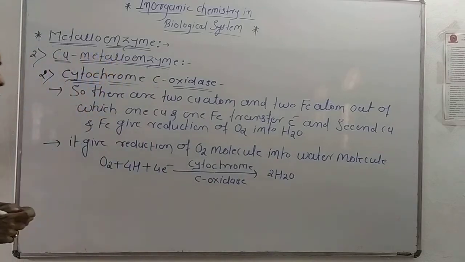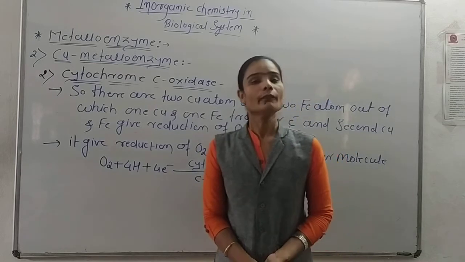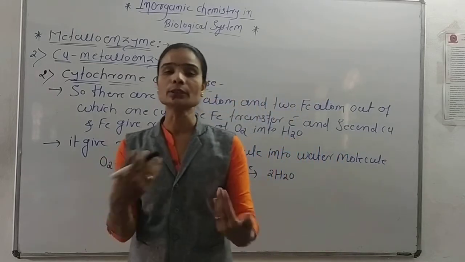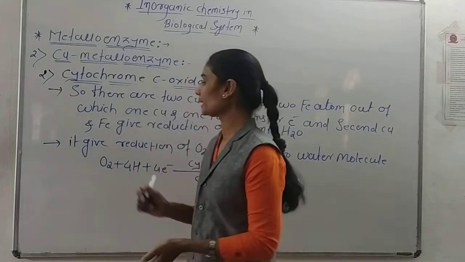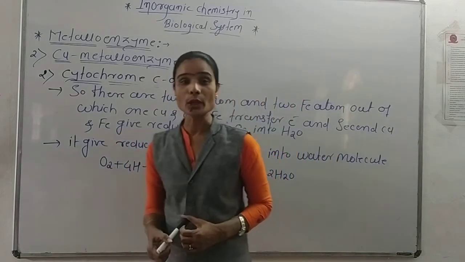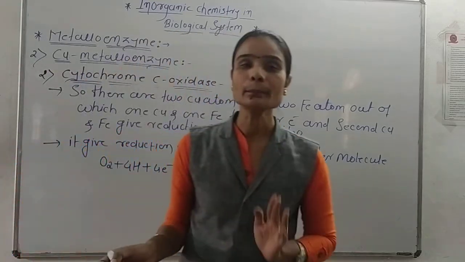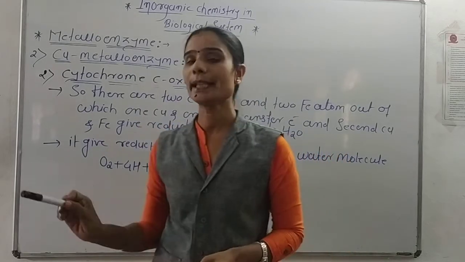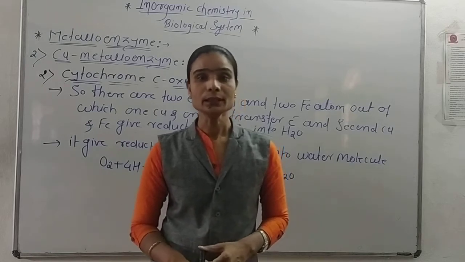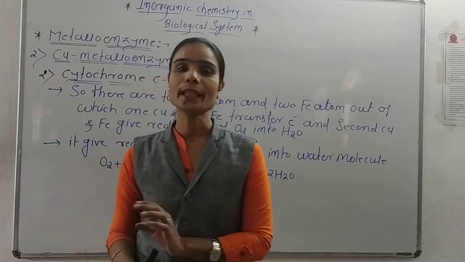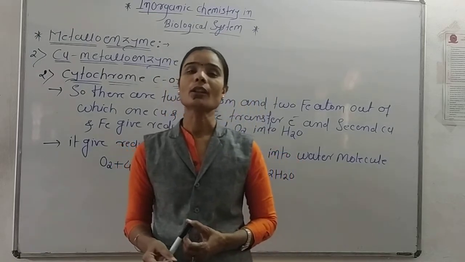So here the four metal atoms present are two copper and two Fe, out of which one copper and one Fe atom give the transfer of electron, and the second copper and second Fe atom give the reduction of oxygen molecule into the water molecule. So this is the second metalloenzyme of copper metal atom, that is the cytochrome C oxidase, which has two copper atoms and two Fe atoms at the active site, and it gives the reduction of oxygen molecule